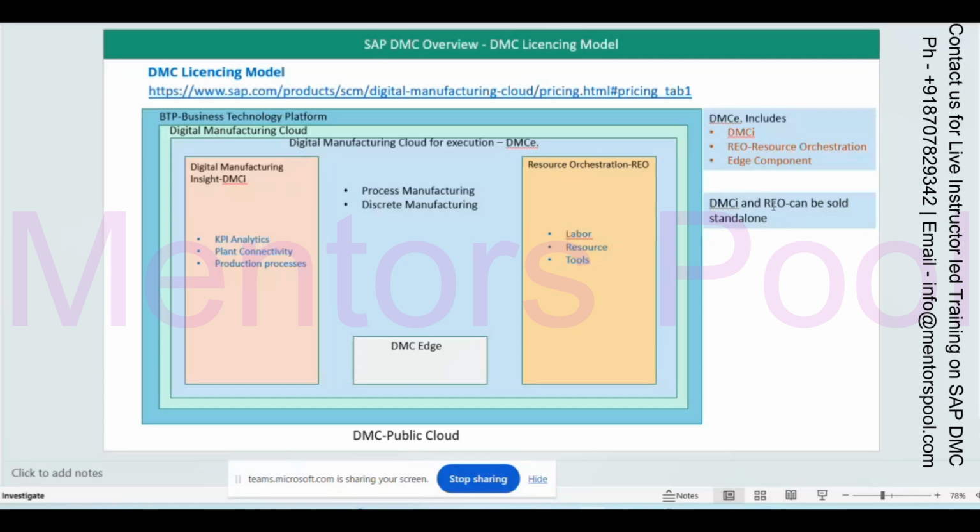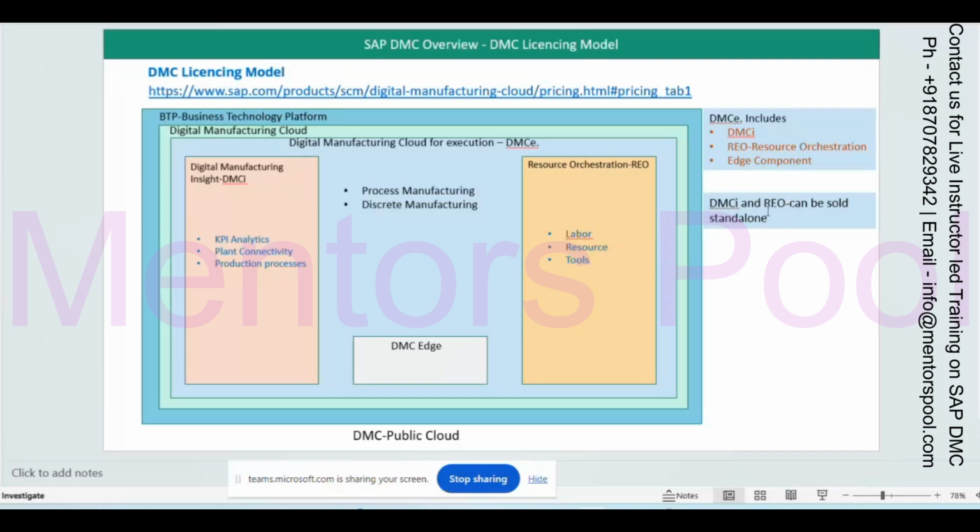The person who takes only RIO already has SAP ME available on their own premises, and they want to use a feature like resource orchestration, which is not available in SAP ME right now. So you can subscribe to only RIO, manage your own on-premise SAP ME, and use the resource orchestration feature.